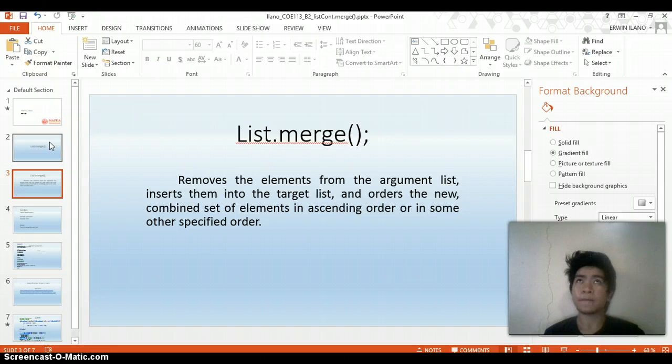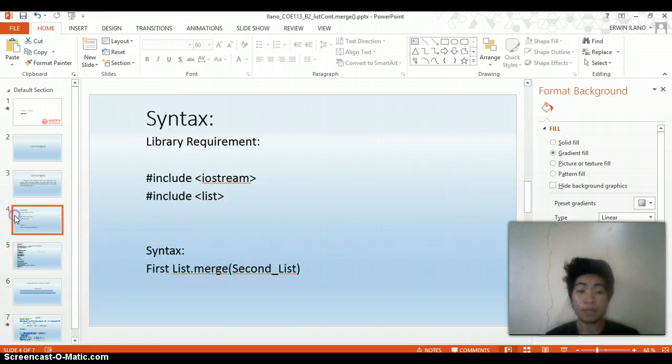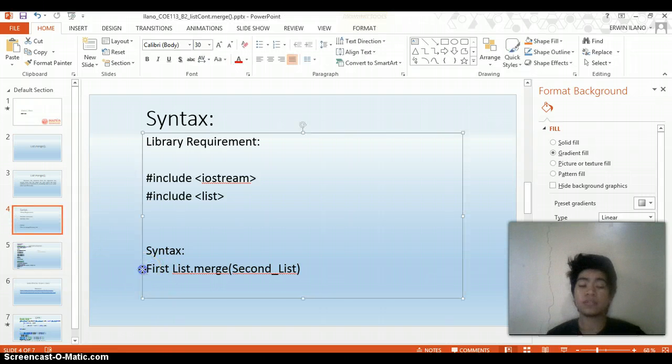Let's put it this way. You have two glasses, and the first glass you're going to pour into the second, so the first glass will be empty and the second glass will be merged with the first glass. So that's the idea. So the syntax is, as you can see,